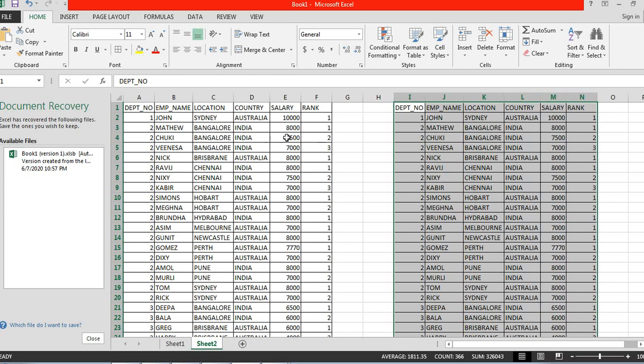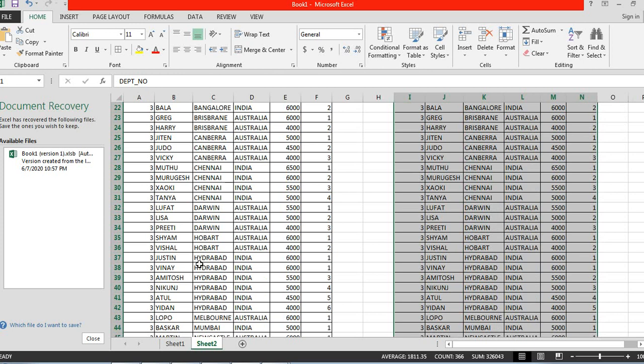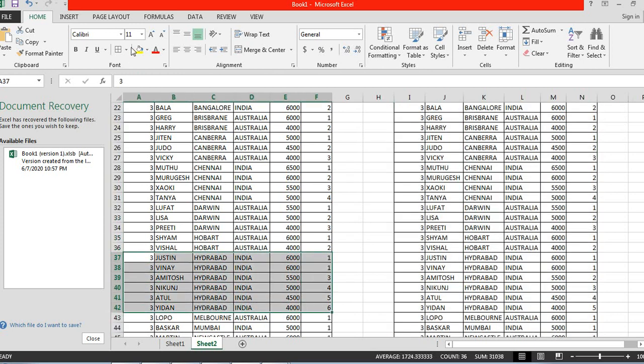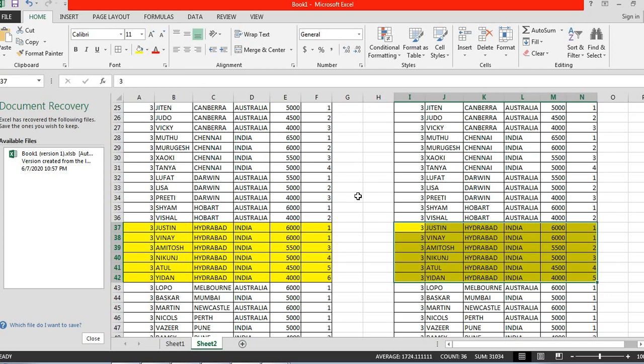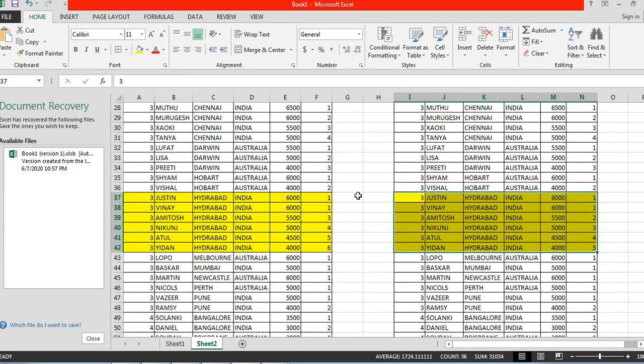If you tally, the other part is similar to the previous one. The thing we have to observe, let me highlight it for you, that will be easier for you to understand. This is Hyderabad. The part where we have to concentrate in the output is the part I have highlighted now. This part is the output of the rank function, and this part is the output of the dense rank function.